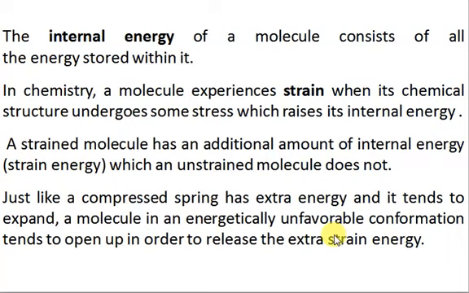They are just like a compressed spring because the atoms have been brought much closer in the cyclic system. So in the case of a three-membered ring, the atoms are very, very close together. And because they are close together, they are facing the repulsion of electrons of those carbon atoms, also the electrons of the hydrogens which are bonded to the carbon atoms. Because of these repulsions, the molecule is becoming unstable, its internal energy is increasing, and in order to become stable, the three-membered ring tries to open up, the four-membered ring tries